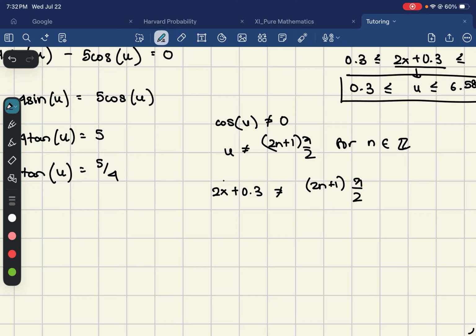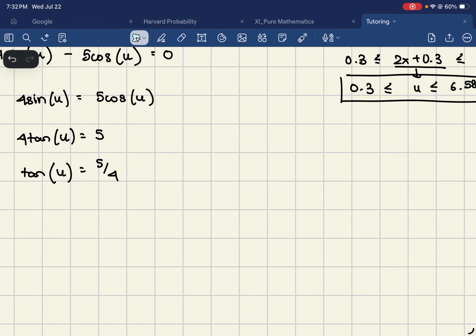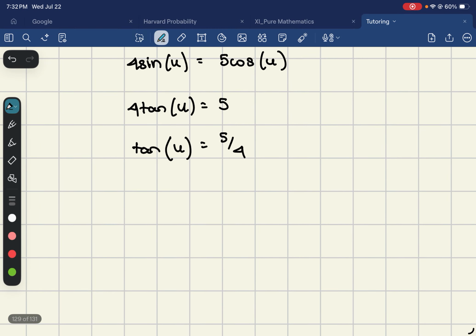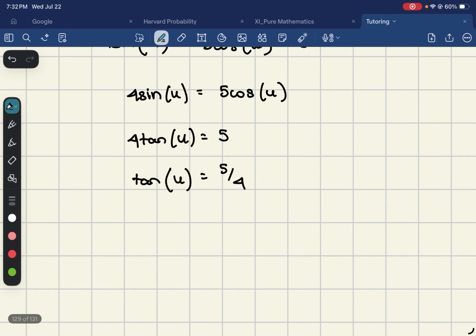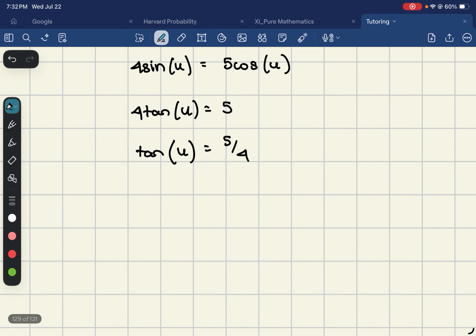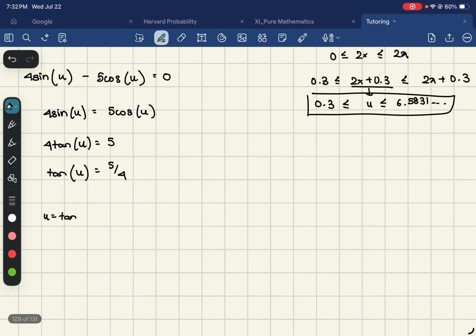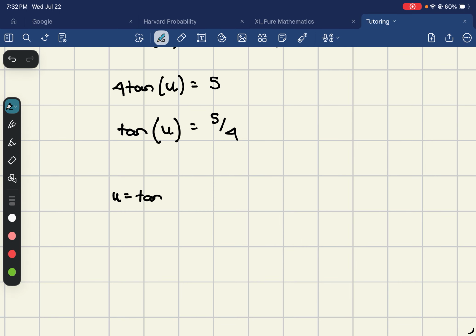And you can simplify, you can find the values that x cannot take, but usually it's not going to interfere. So you can do it on the side if you think it's necessary, but we can work with this. So tan u is 5 over 4, I think. Yes. So now u, the first solution, because this is positive, and let's just see. All right, so u is tan inverse 5 over 4. So tan inverse 5 over 4